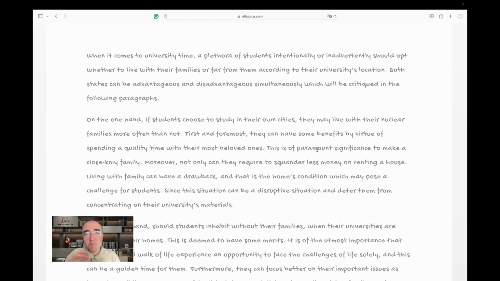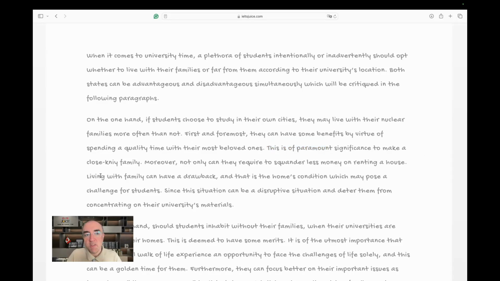I'm being very loose in definition here. I'm giving you basically a rule of thumb that yes, if you want to get a 9 in range, you need to come up with some words related to the topic and specific to the topic. This is of paramount significance